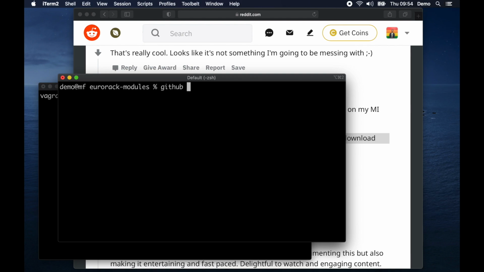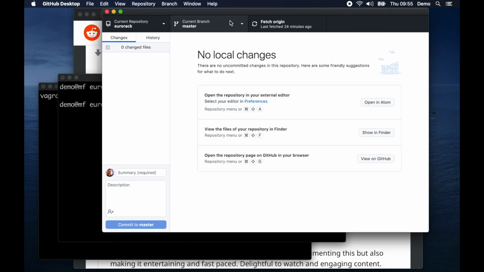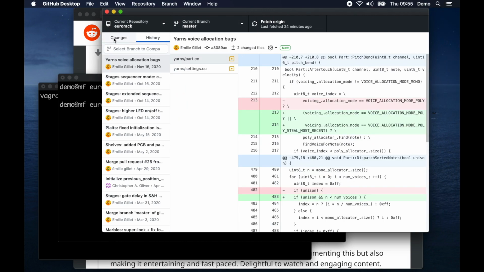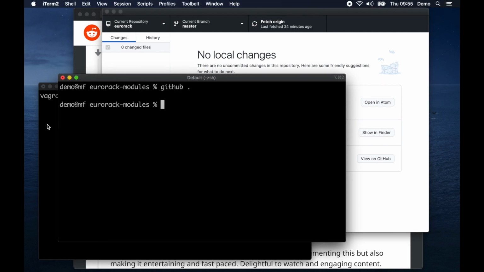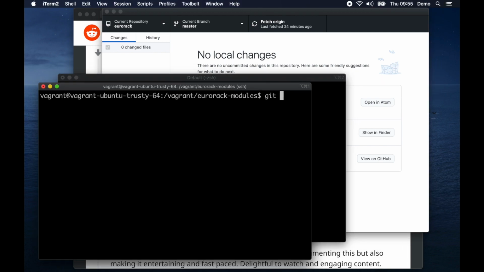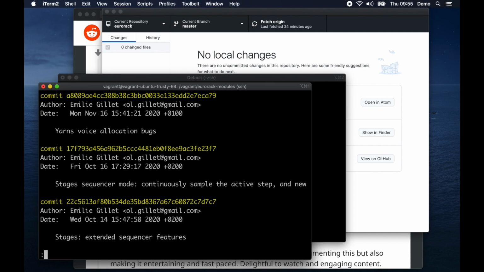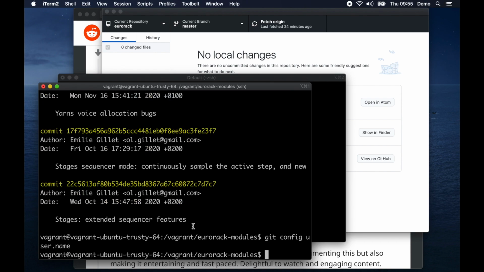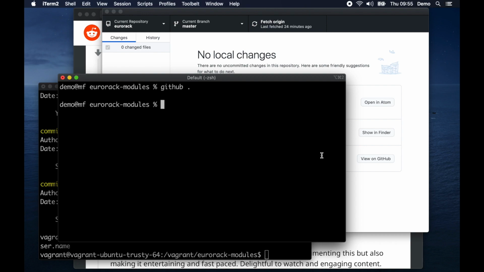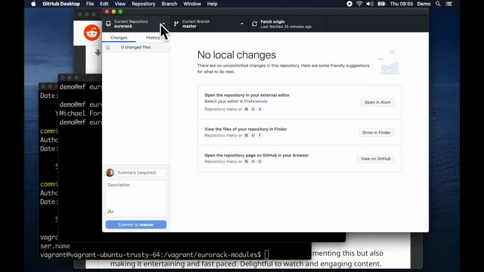So let's just launch the GitHub app with this, and we'll see this is the repository we're in, and here's the history. And just watch out also that you can also look at git log from inside the Vagrant box, but it's not going to know who you are inside the Vagrant box, whereas it's probably going to know who you are from outside. So you need to remember that inception thing where there's a machine within a machine, and there's also a repository that's been checked out by another repository. But assuming you're in this Eurorack repository,